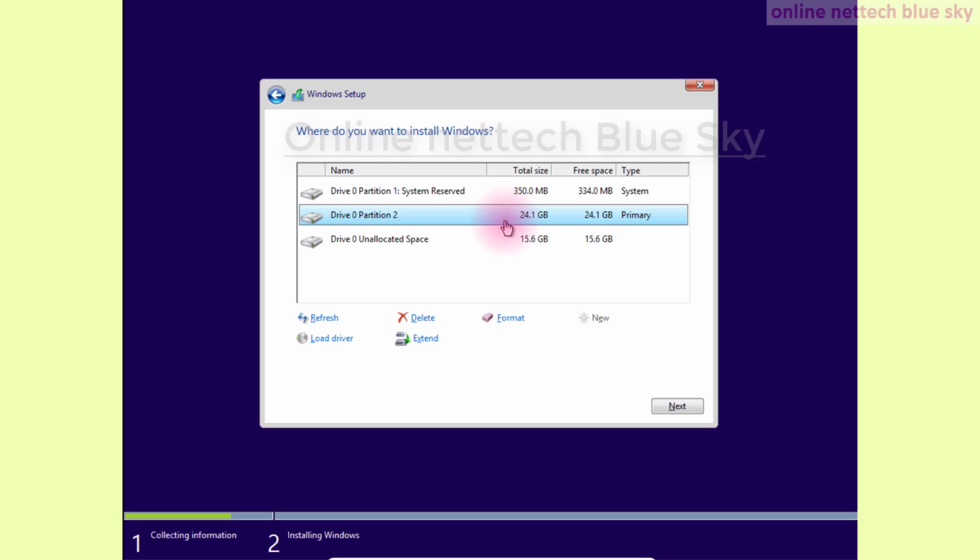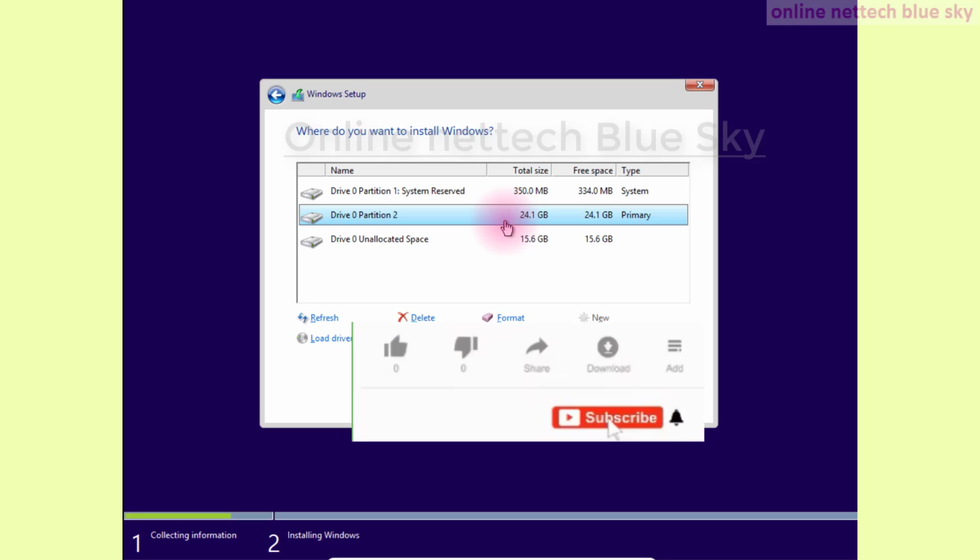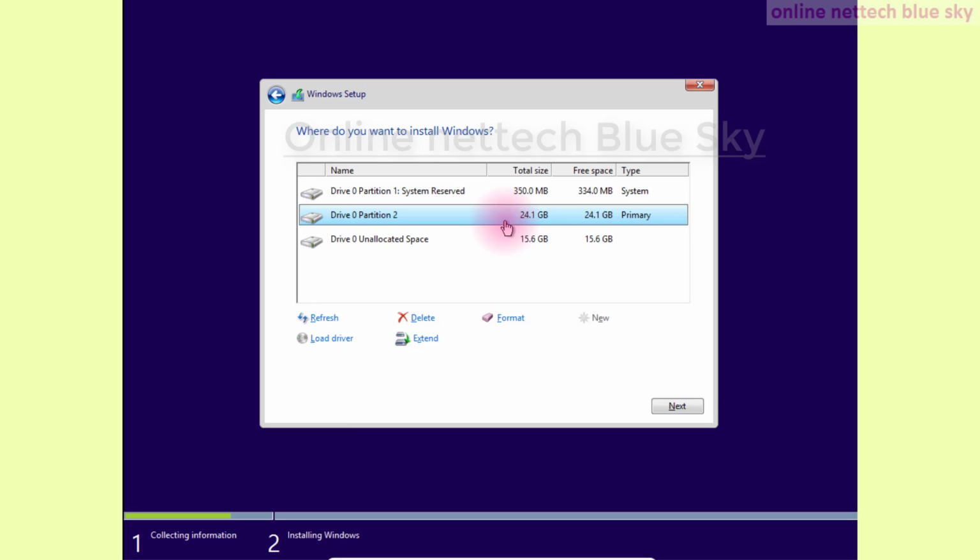I again say, watch my previous videos, very important, because when you install your operating system, you must be careful, and sometimes you lose your data, which can cause problems. Sometimes you see other partitions showing here, and the main partition is your Windows partition C. So format only Windows partition C, and delete some reserved partitions.